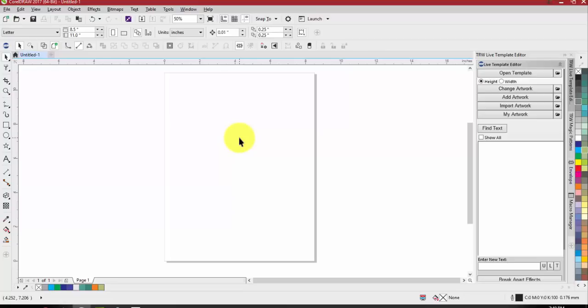All right. So next, we'll just go down our left toolbar here. Now the first one is going to be the pick tool. And if you left click and hold that,